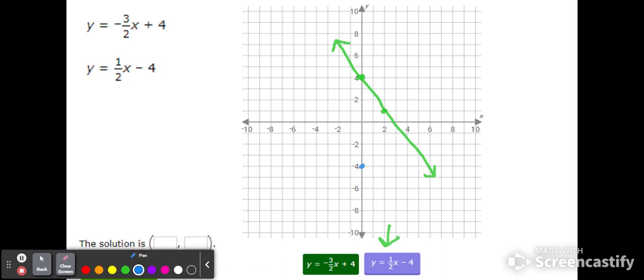You'll click your intercept, up 1 over 2, up 1 over 2, okay, and you'll see, and it'll automatically lock in and show you where they intersect. And then you will have to also right here put in the point that is